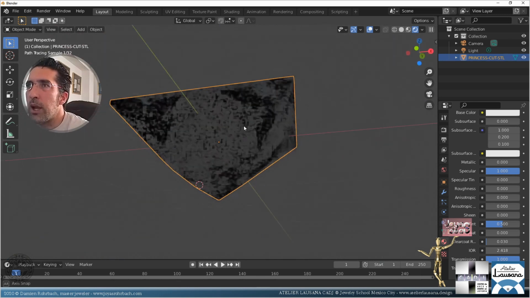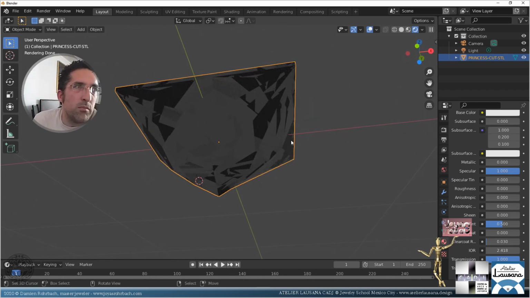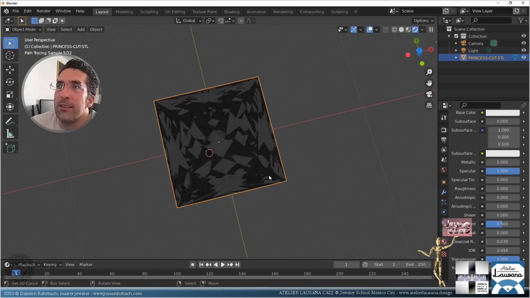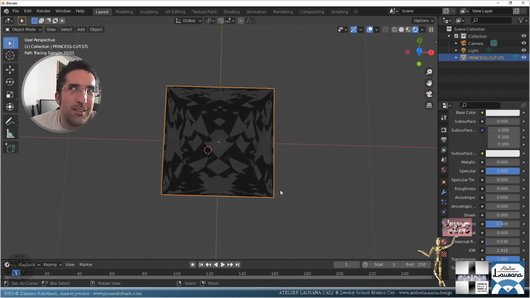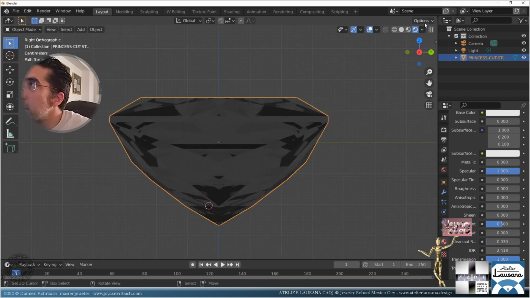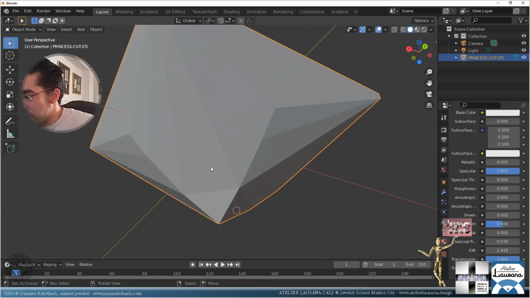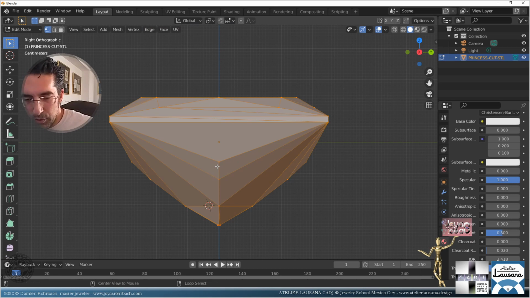So I do use STL a lot to import my gemstones when I design in Blender or during tutorials also. And I don't mind that the face cuts change, because that makes more refractions in the renderers. So it tends to make the refraction look even better, because we have more cuts between faces, even if it's not so real anymore. But most of the time it won't be an issue, but you need to know that beforehand. So if something bothers you, you can go to edit mode, Alt A, Alt Z, and